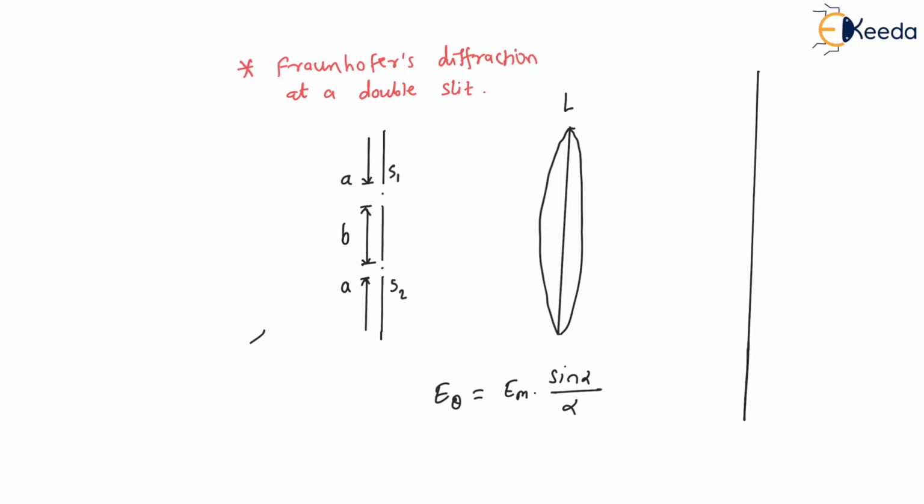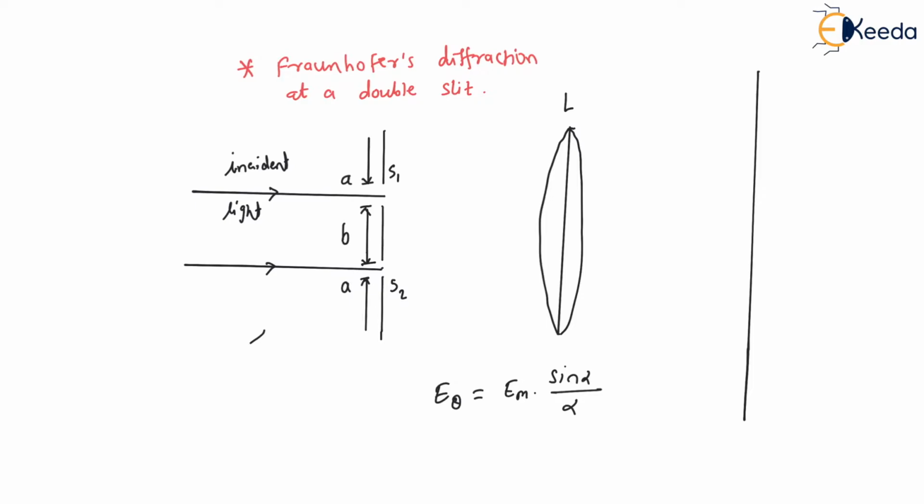So here I will draw one single light ray which will represent all the secondary wavelets, or all the light which is coming. This is a single light. So we can do the same thing with this point S2 also. Here again at S2 I'll draw another ray. So these are the two light rays. This is incident light.